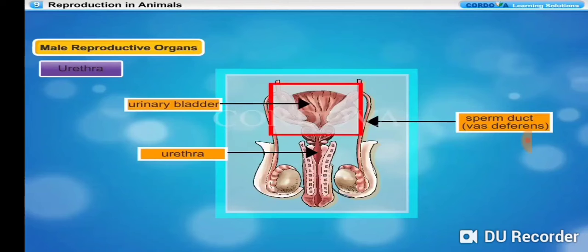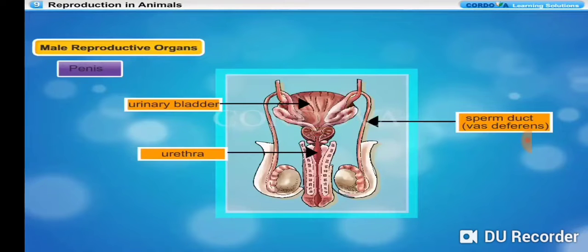Urethra. It is a long tube that arises from the urinary bladder to carry urine. It runs through the penis and opens to the outside through the male genital pore. The semen from the vas deferens also joins the urethra. Thus, the urethra carries urine from the bladder as well as semen, consisting of sperms from the vas deferens, through the